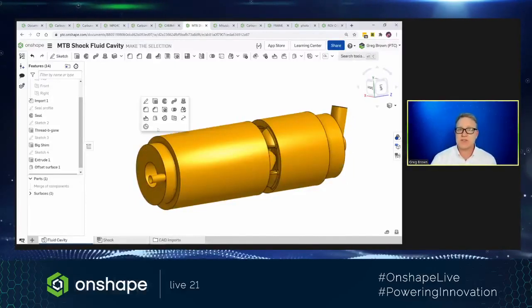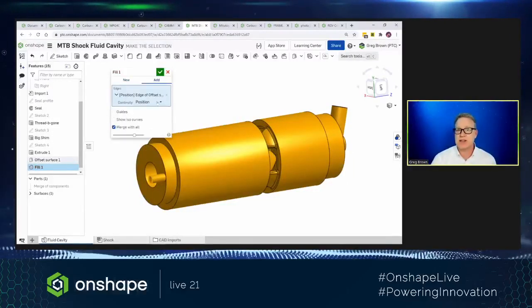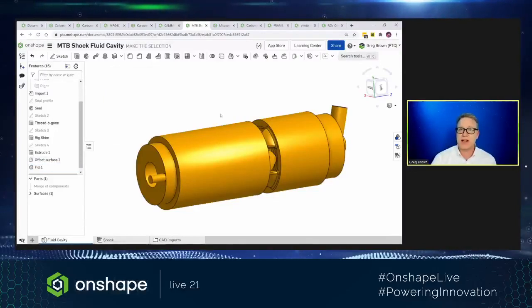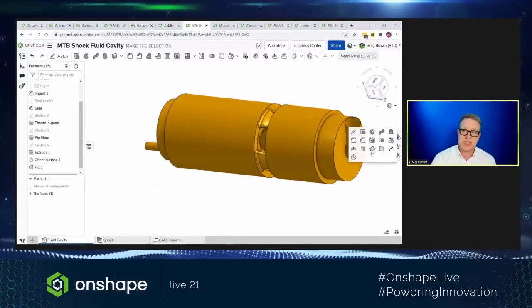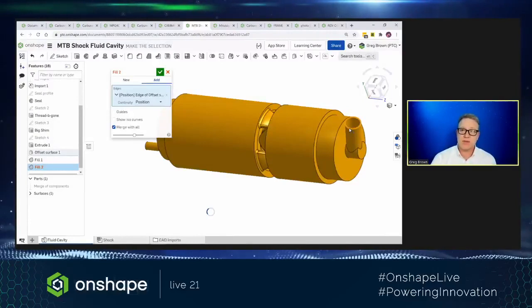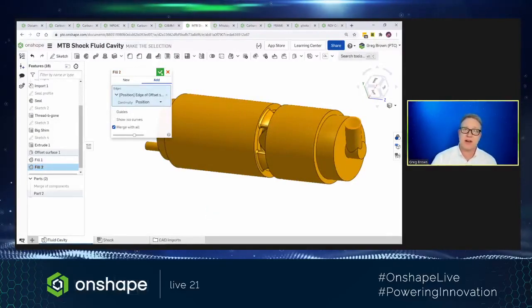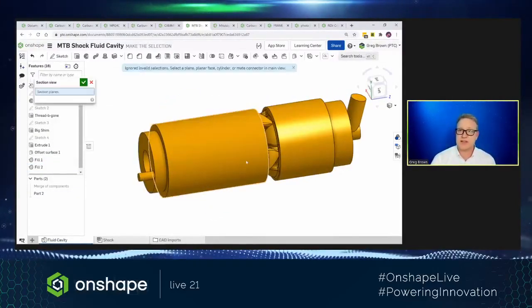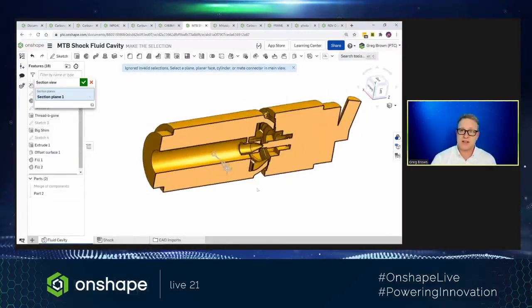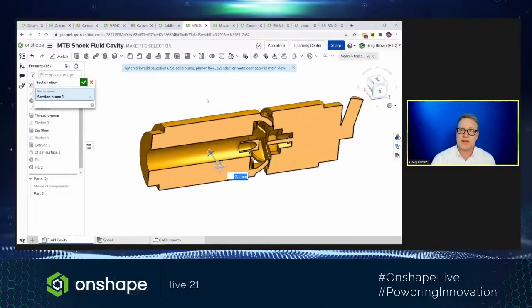And I'm going to just fill in those openings on the end with a fill tool. On one end there, I'll go up to the other end, use the same fill tool. And once this is a fully enclosed volume, we'll have a solid part. I'll just cut through it, and you'll see, it's a complicated part that we've created in a very, very short